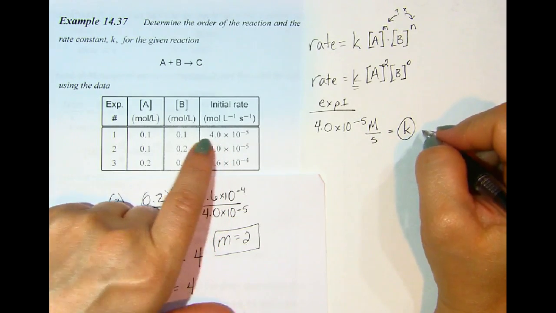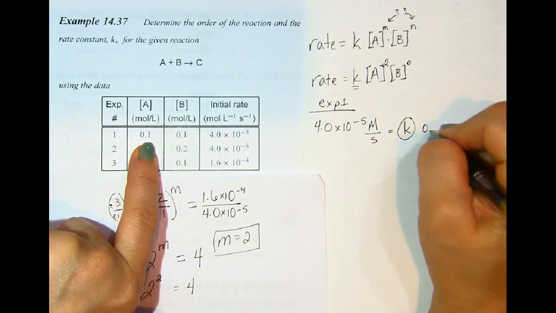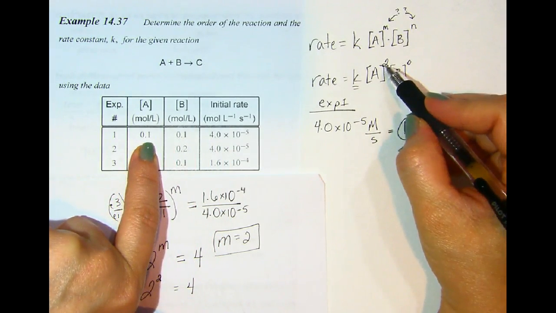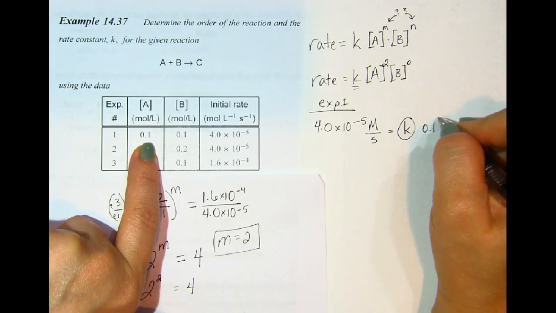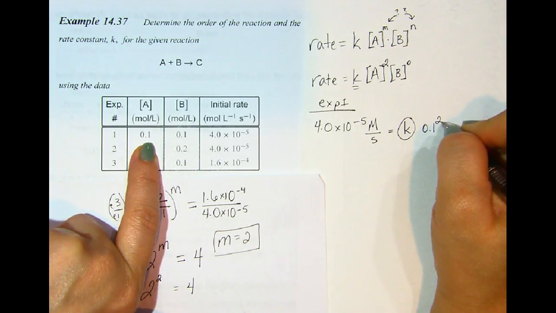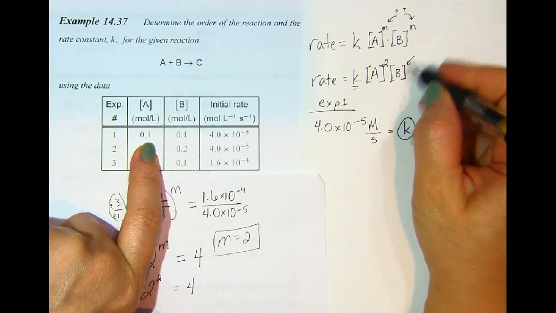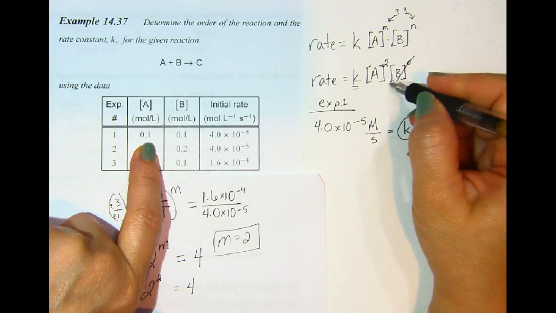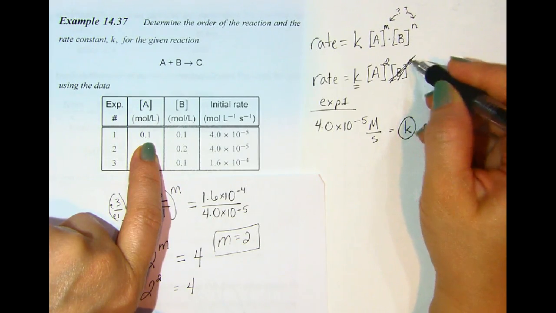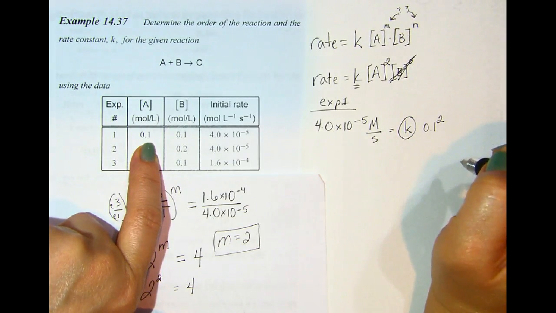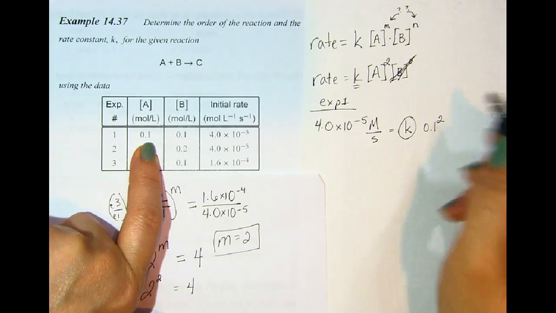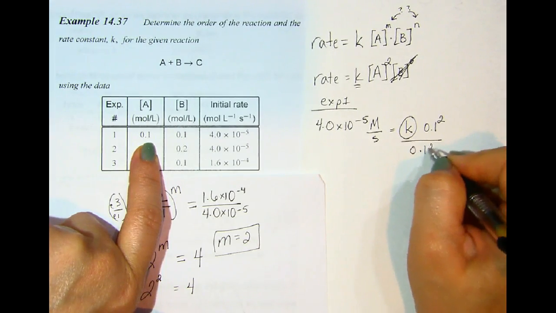A in experiment 1 has a value of 0.1, and it's raised to the second order, so it's going to be 0.1 squared. Because B is raised to the 0 order, I can just leave it out, because anything raised to the 0 order is just going to equal 1, so it's not going to affect this math. So now I'm going to divide both sides by 0.1 squared,